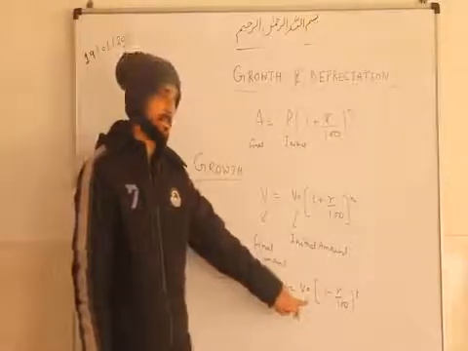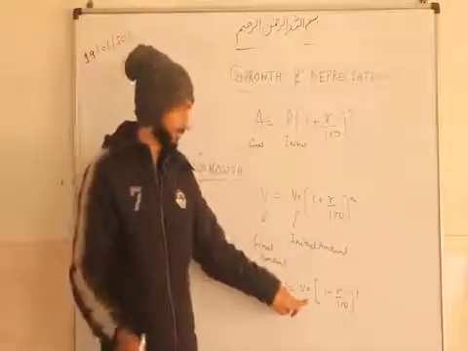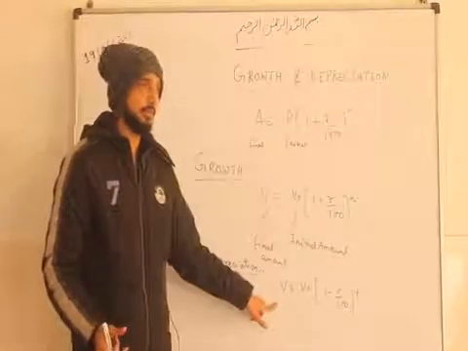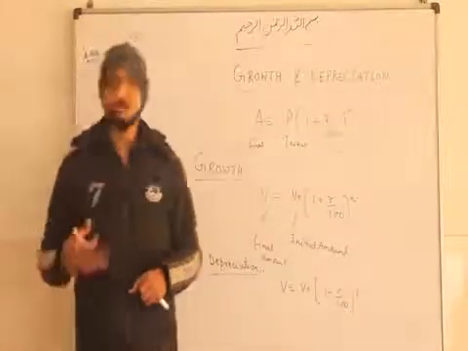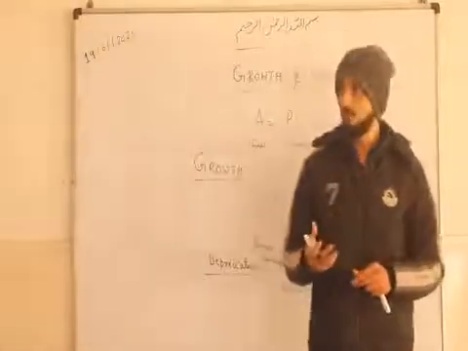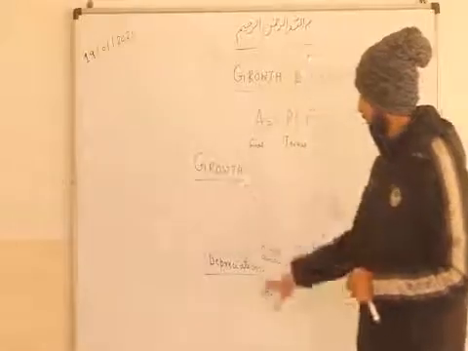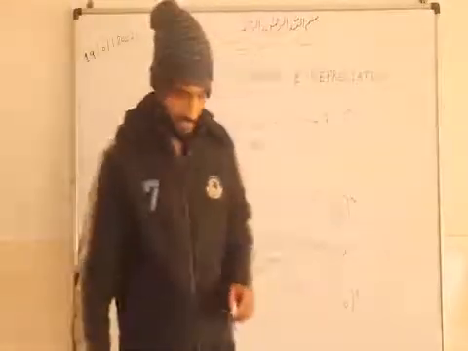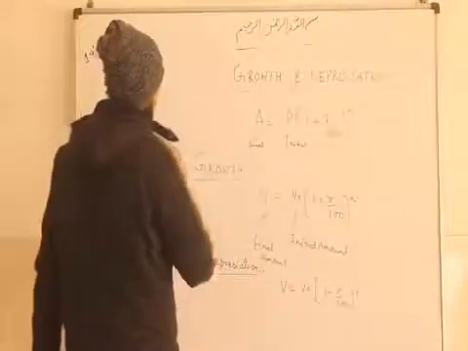Suppose this was the initial value, and after 2-3 years it is decreasing according to the rate. So the final value at which we are selling or buying, there are so many conditions, that is called the depreciated value. So by using these two formulas we will solve this exercise. Very simple exercise. Okay, so let's start with question number 1.